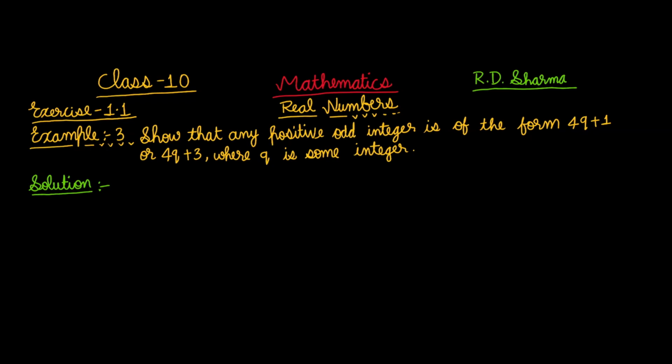By this, we start example 3 solution. So the question is: show that any positive odd integer is of the form 4q+1 or 4q+3, where q is some integer. So the solution is, let